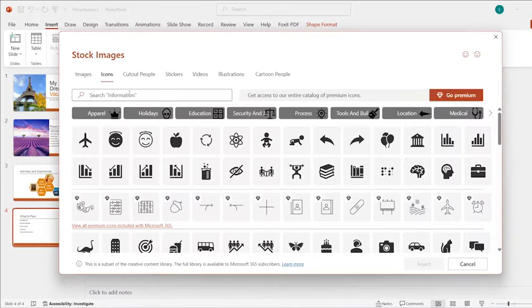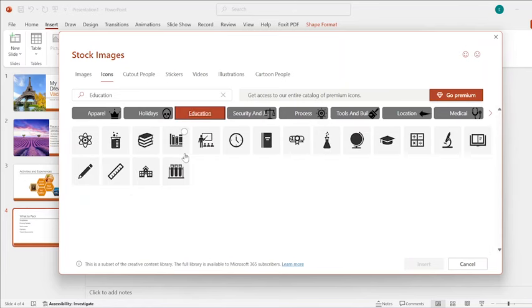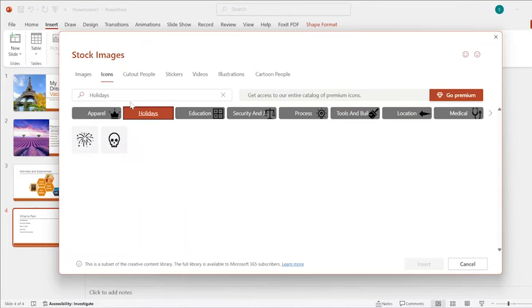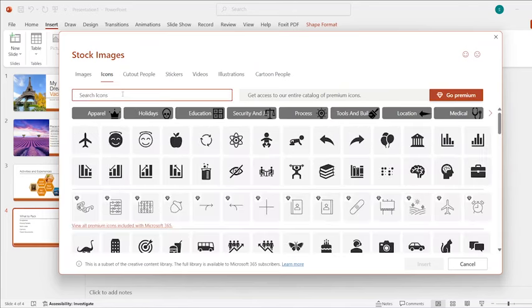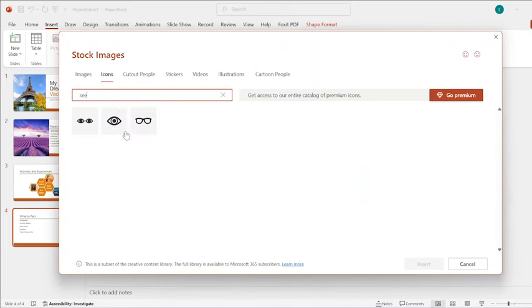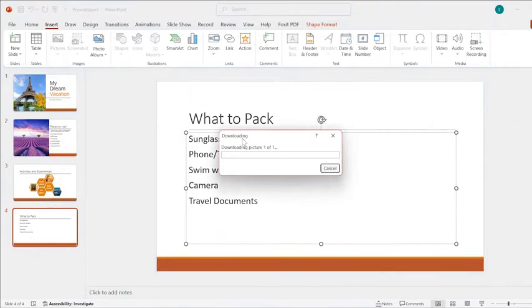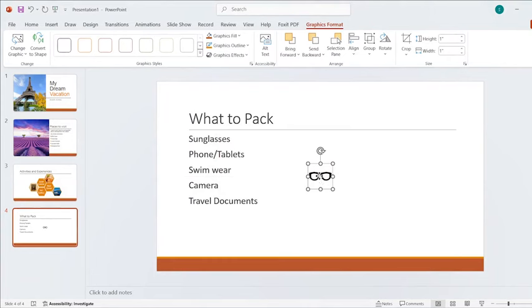Once the icons are loaded, you can see that there are filters at the top that you can use to search by category or to filter by category. So if you select education, you only get education icons, or holidays, etc. And then you can also search the icons at the top. So for our sunglasses, we can use the search term sea and then insert, and it adds it